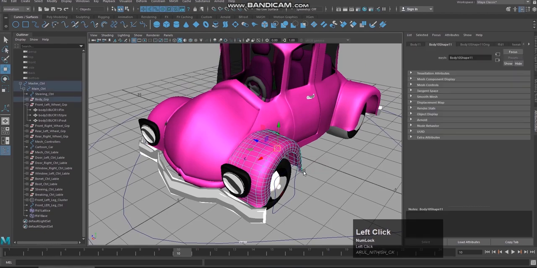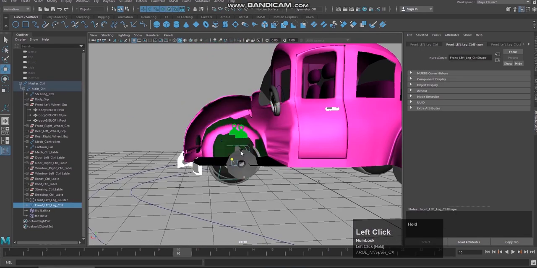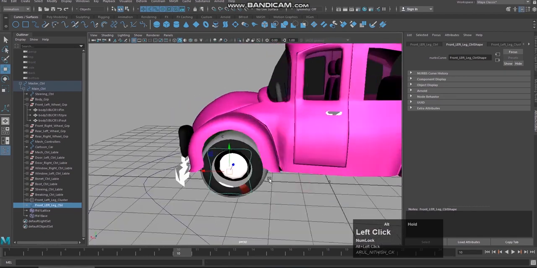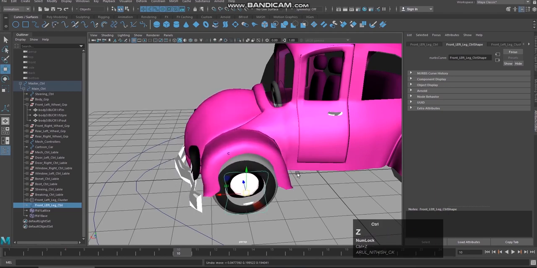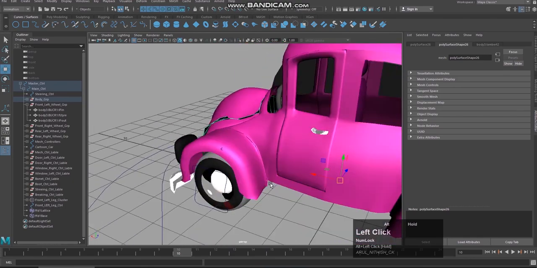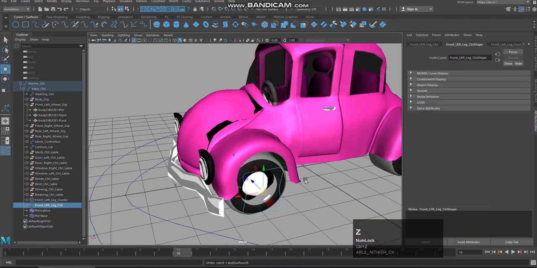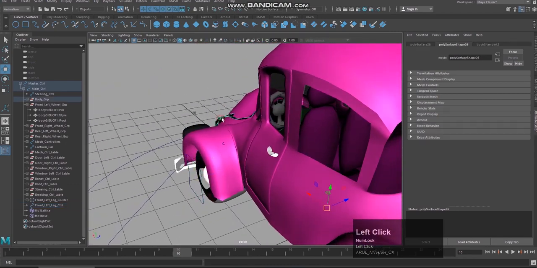You should select all the needed components. Right now, it is looking fine, there are no penetrations. Or you can do one thing, you can hide it, but you cannot hide it from the inside. So the internal components also will get disturbed.